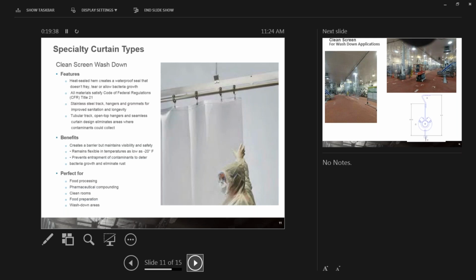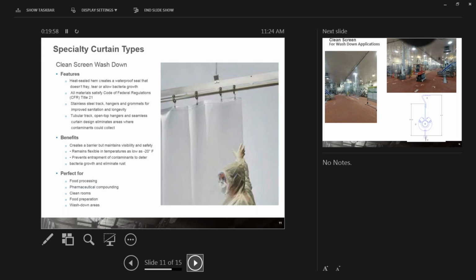A product line that TMI represents, being the clean screen, will be a little bit of a focus on this slide here. With this slide, what I kind of want to show you guys is how exactly the food industry needs to be handled and how that works. The very first thing I want to mention is that this is a USDA grade, or compliant,